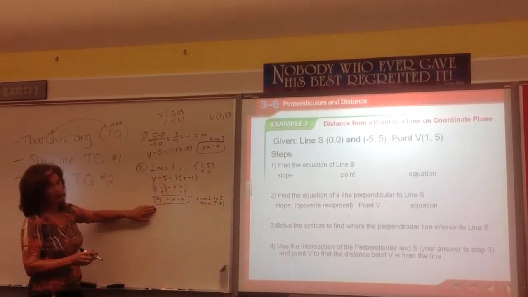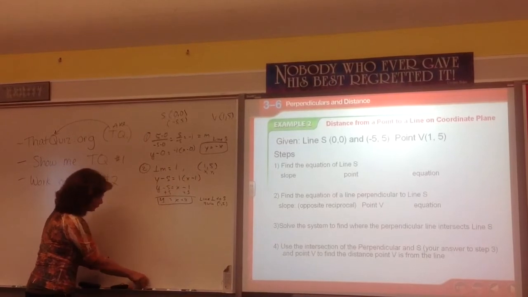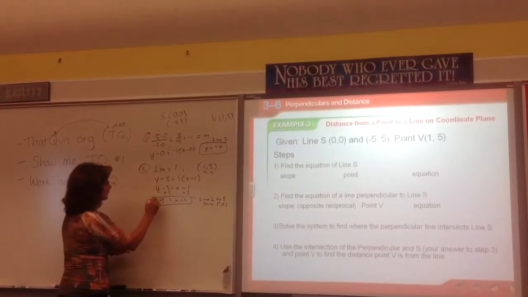Now, if I found the intersection of these two lines, I would know that point